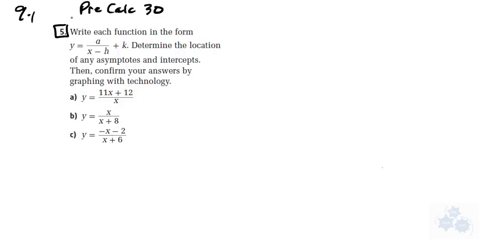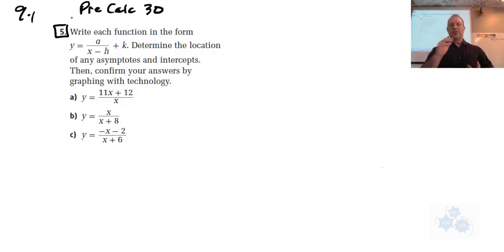Let's all take a look at number 5 together here. This is a tricky type of question. Why? Because it's asking you to take a look at different rational functions and to identify A, H, and K, it looks like. There's no B in there, so that's okay. But A, H, and K. So what you have to do is